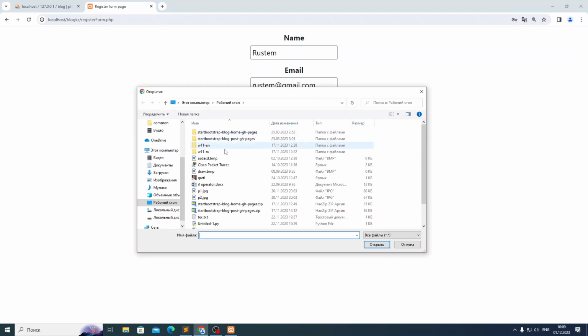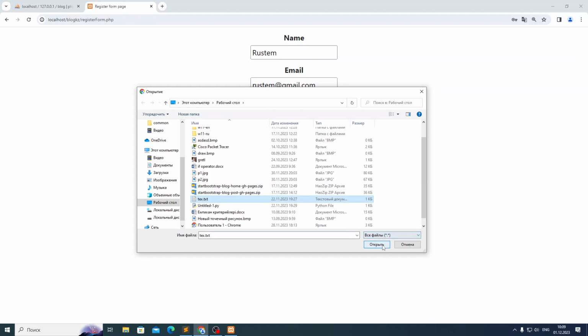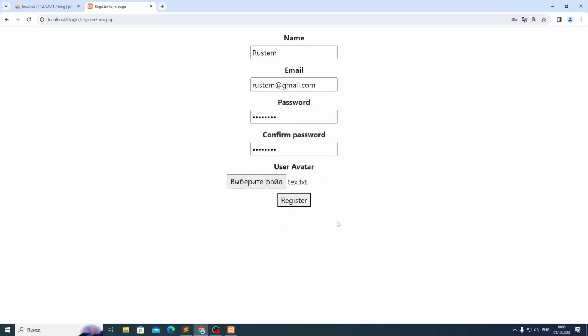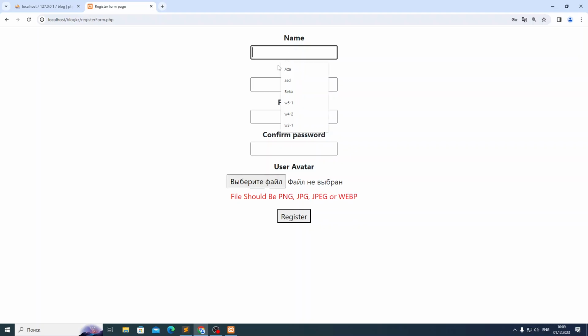If I try to upload a TXT file, for example, not PNG or JPEG, not an image, and I register, it says the file should be PNG, JPG, or something. So we can have some errors also for the files. Yeah. So again, if I put Rustem,